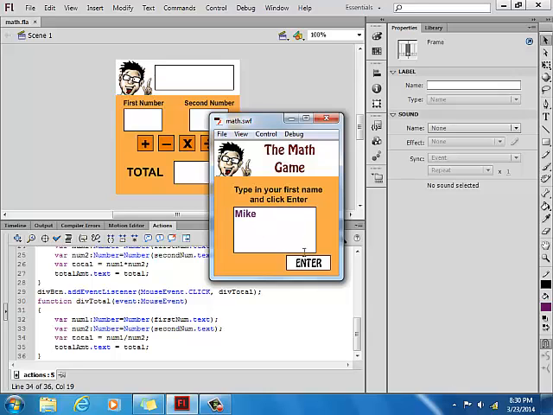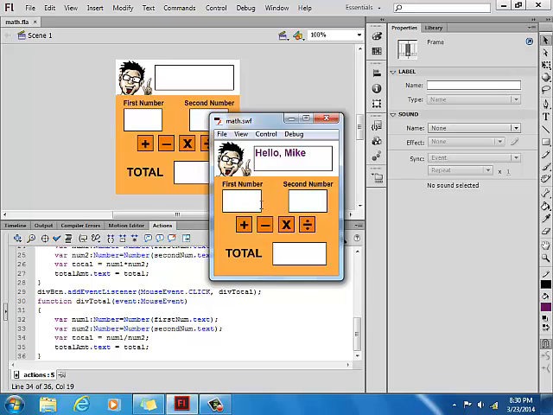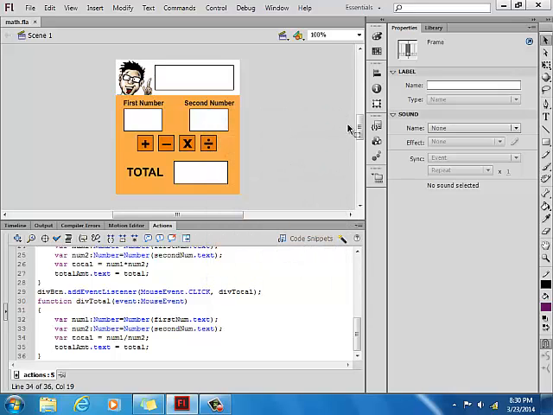Give it a name, press enter. We're going to do 5 times 5. Gives you 25. Okay. If we change our numbers to 6 and 3 and hit division, it's 2. Alright, so everything works. Close our Flash little window, save our work,